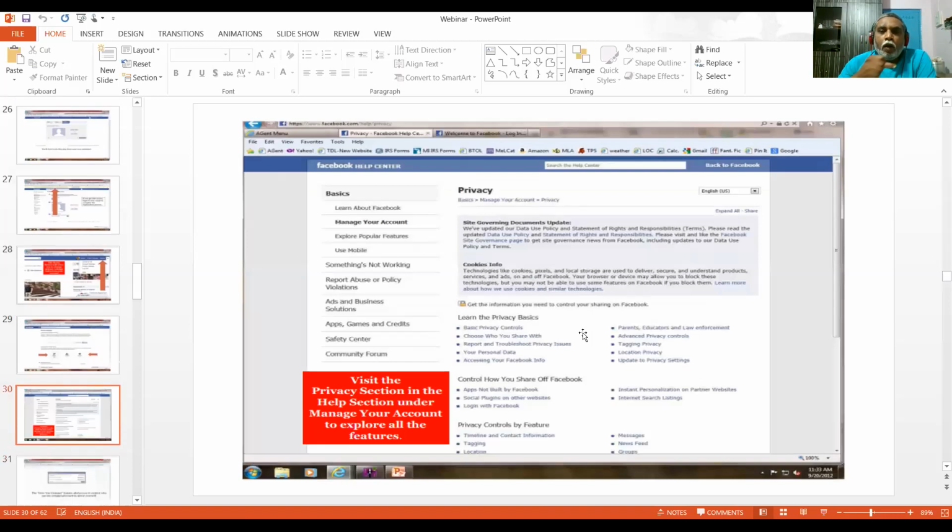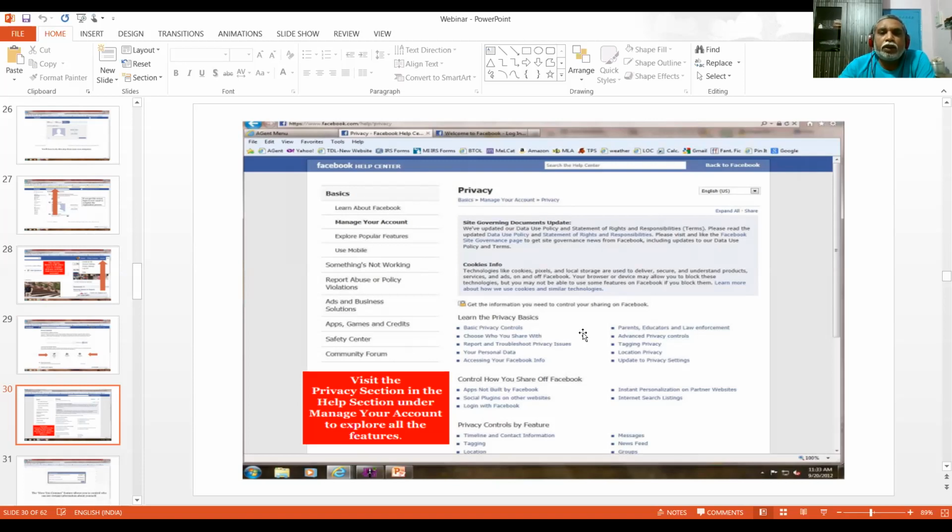Next, visit the privacy section and help under manage your account, exploring all the features. In that case, you can use all the settings. If you don't have any settings, allow your settings to see everything.